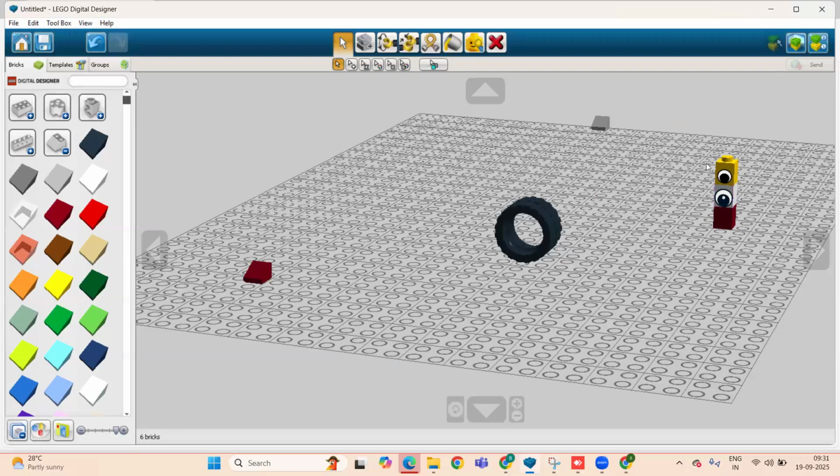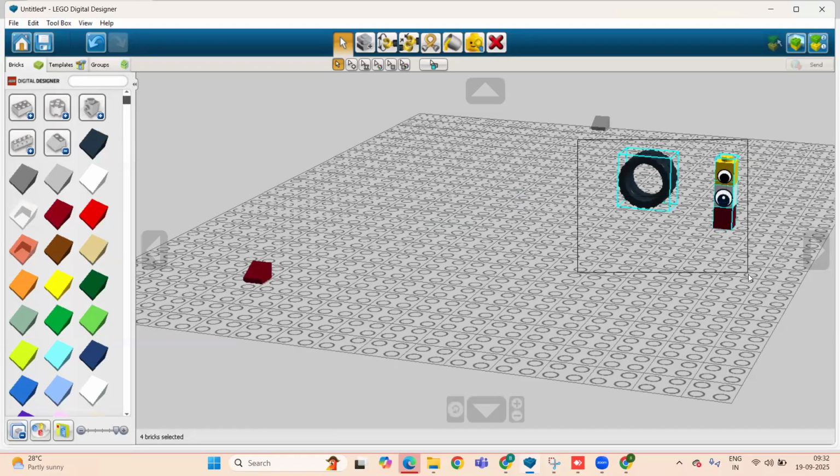I'm repeating once again: what is the process to select multiple things together? If I want to select this tire along with these three bricks, put your tire just beside the multiple bricks, hold the Shift key on the keyboard, and draw a box around all these bricks.